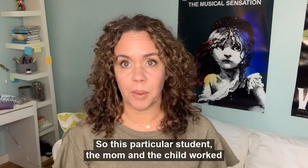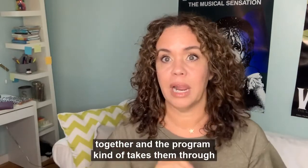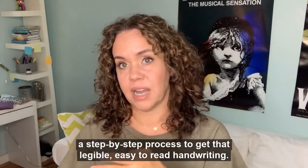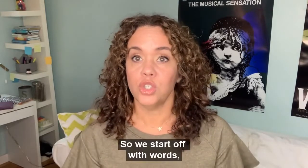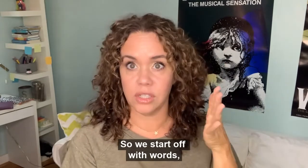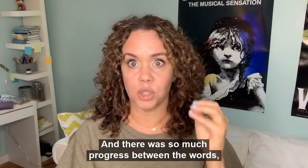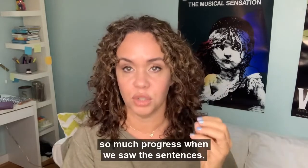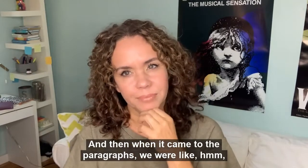So this particular student, the mom and the child work together, and the program takes them through a step-by-step process to get that legible, easy to read handwriting. So we start off with words, sentences, and then paragraphs. And there was so much progress between the words, so much progress when we saw the sentences. And then when it came to the paragraphs, I kind of wanted to see more progress,